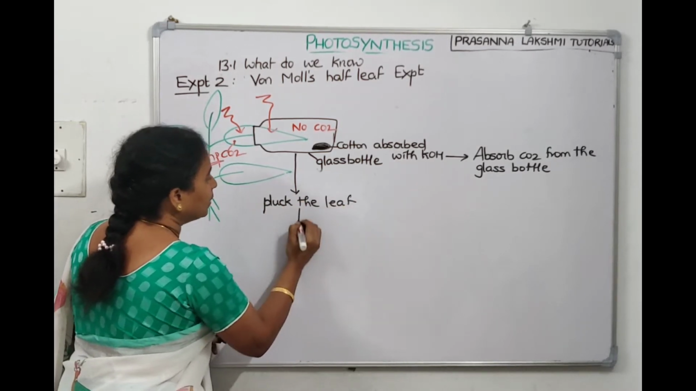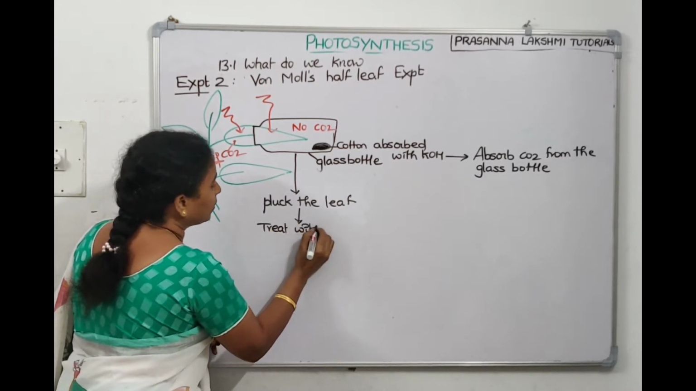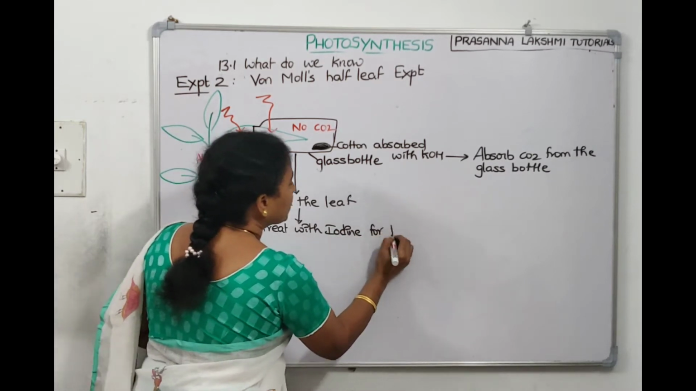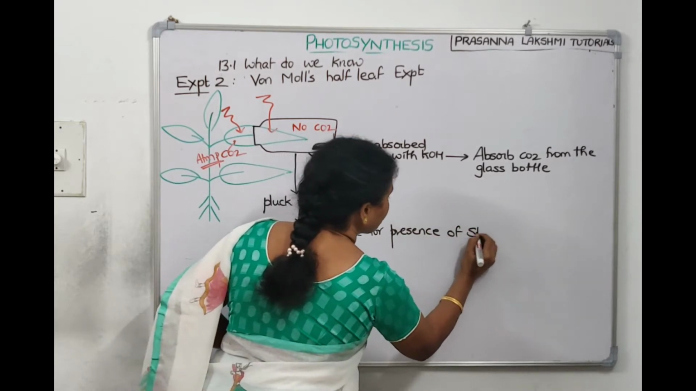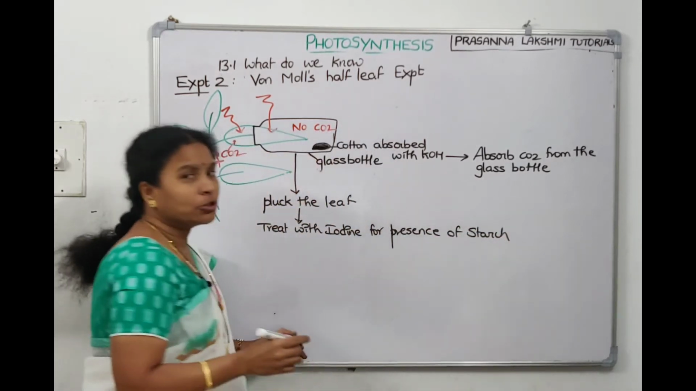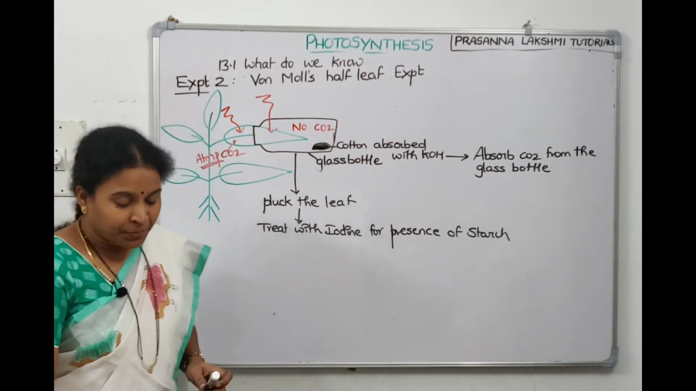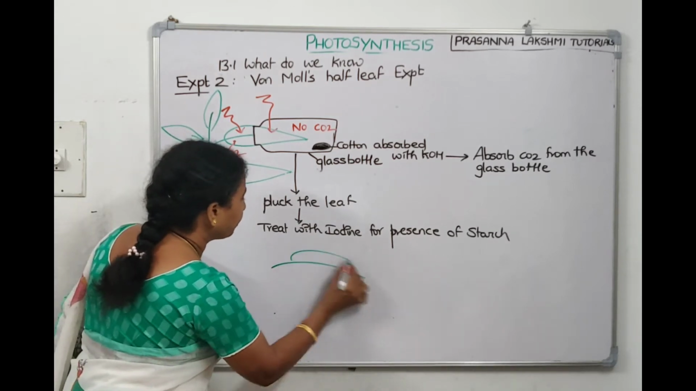After that, plug the leaf and treat with iodine for the presence of starch. We want to see which portion of the leaf has done photosynthesis and accumulated starch. Now come on, tell me, this portion of the leaf, the initial portion,